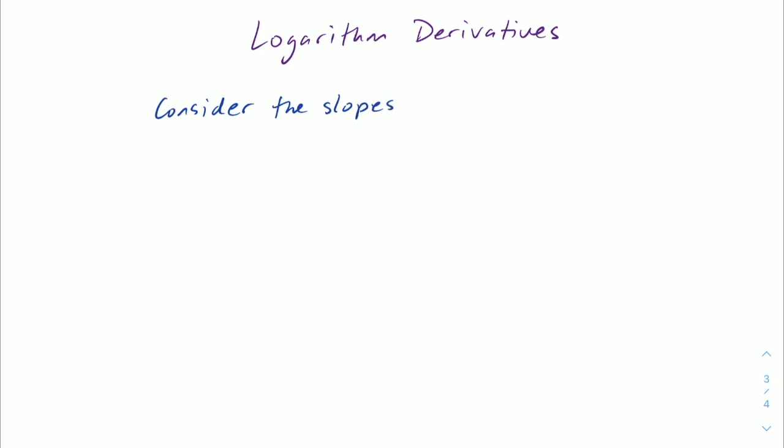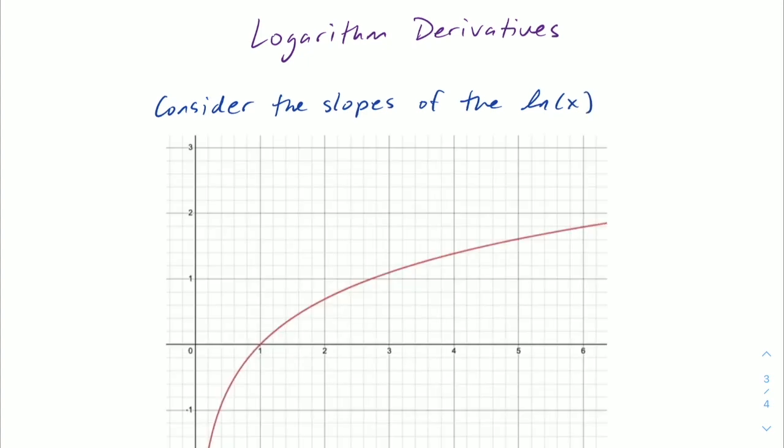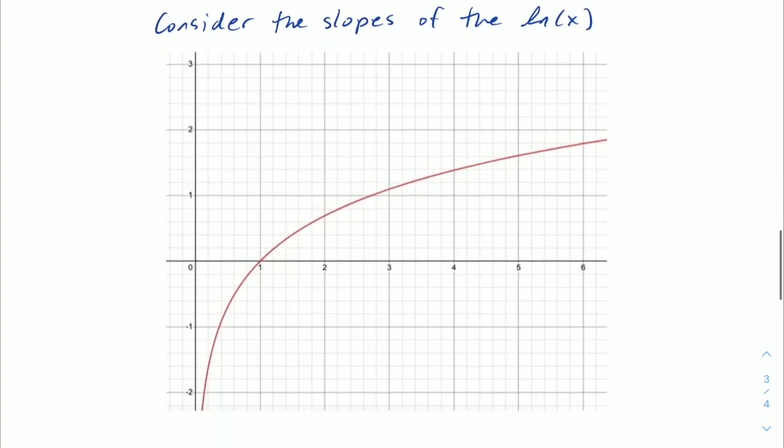Alright, so in this video we're going to talk about logarithm derivatives. So we'll start by considering the slopes of the natural log. Alright, so I'll bring in a picture here of the natural log. And we're going to look at the slope at 1 to start with. So let me draw a little